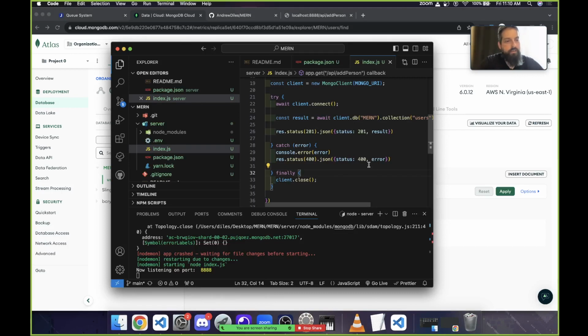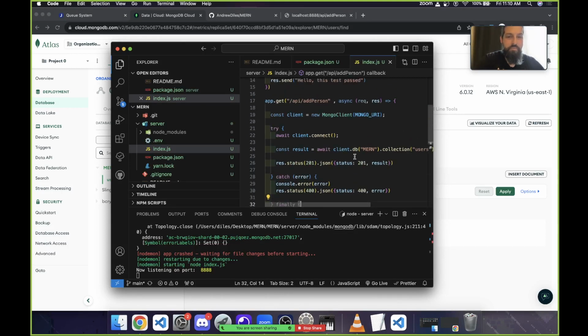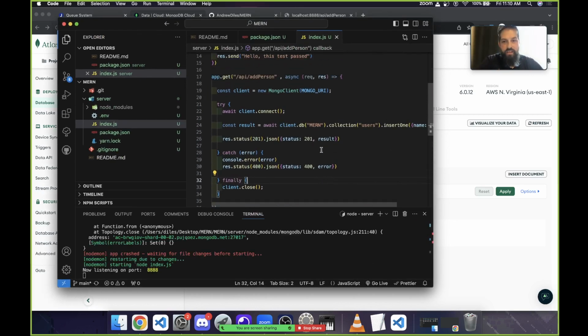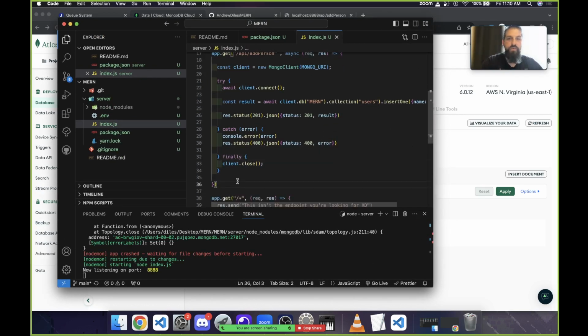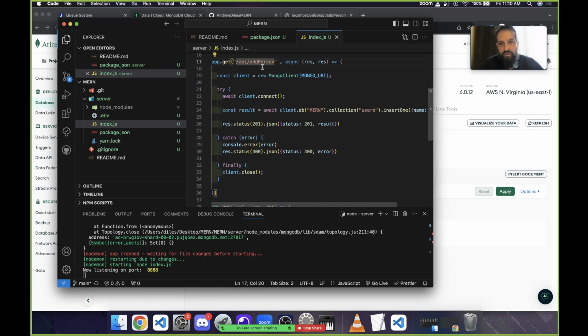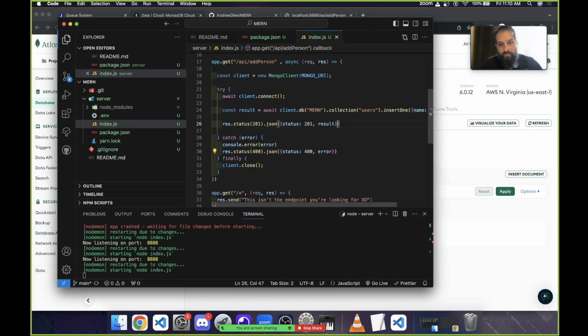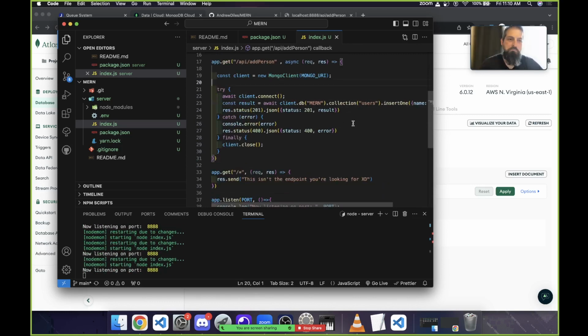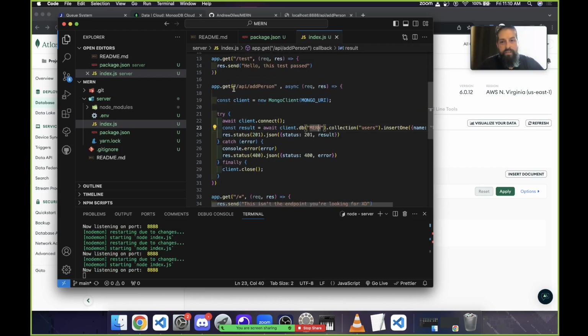So we can make people. We haven't switched over to a post yet. I guess we should do that. Let's turn this into a post. Instead of add a person on a get, which isn't very helpful because realistically, you're not going to have a get endpoint to create something that always creates the same thing. Not useful. Let's make this a post,